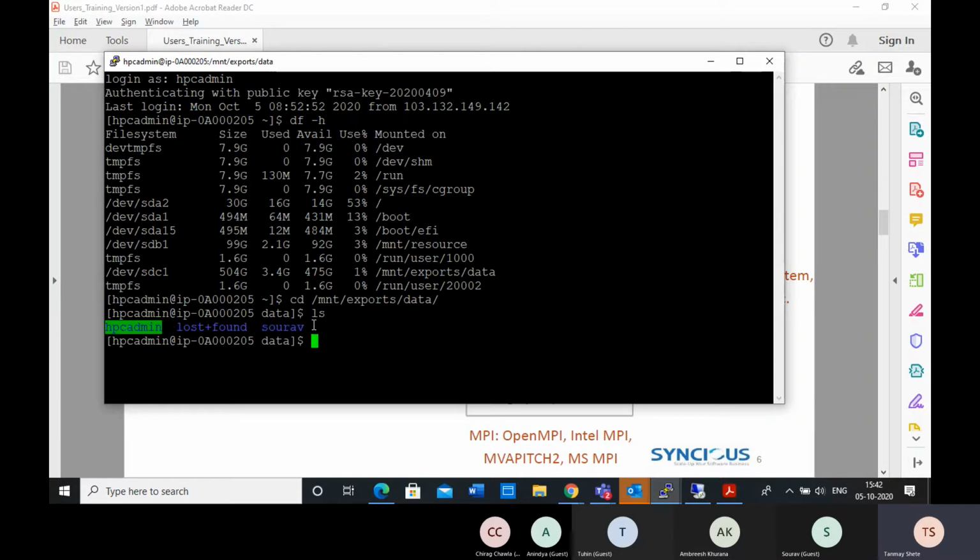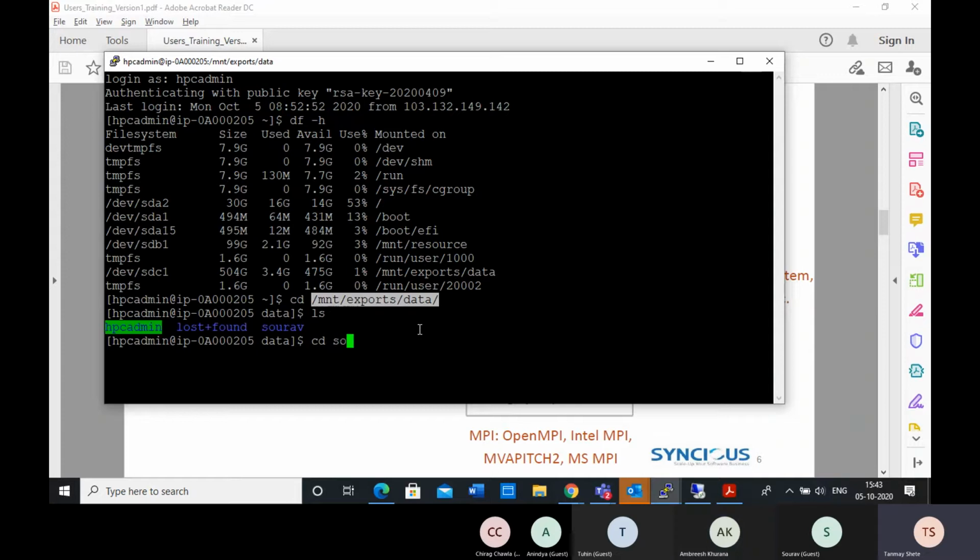Every user will have their own associated directory within this MNT export data, and they will only have access to that directory.